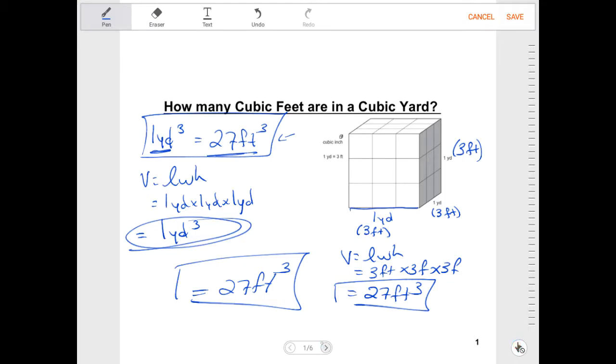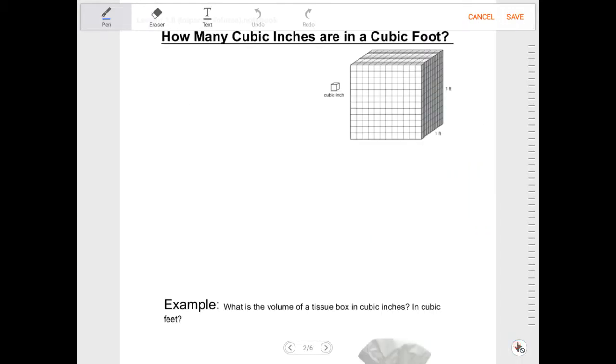Okay, let's move on to the next question. It says here, how many cubic inches are in a cubic foot? Well, there's different ways of doing this too. Let's see here. Do we have a volume? Cubic inches. Yeah, you see, we have this as well. I mean, again, I can do this in two ways. It says on our conversion factor sheet under Imperial, it says 1 foot cubed is equal to